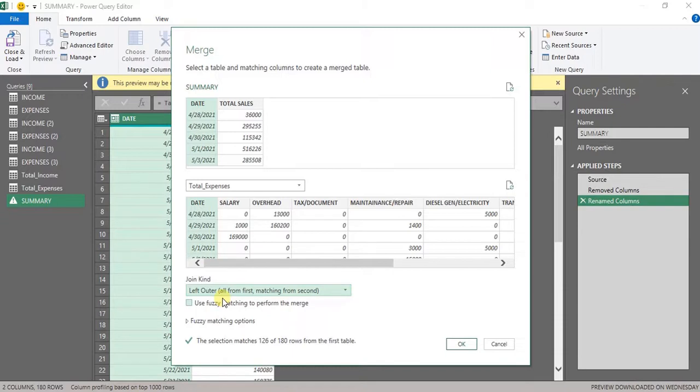So now when you use left outer, you are prioritizing this table. This means that the result of this merge query will show the complete result of this table regardless of whether there was expenditure or not. I don't know if that is clear. When we use left outer, we are prioritizing this table. So this entire date column will be populated whether there is a corresponding expenditure for the date or not. So if you use the right outer,